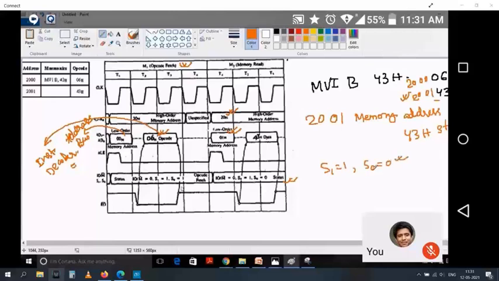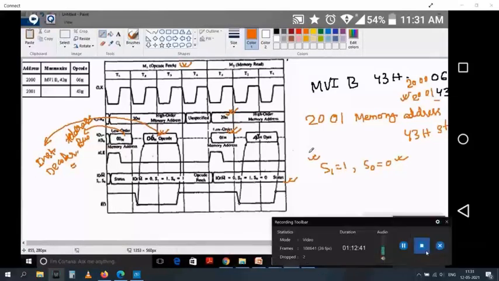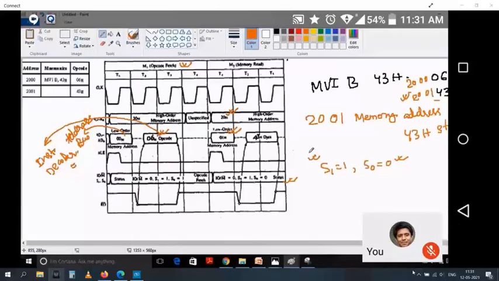This status part I don't have time today. In the next class, I will discuss the status signal. So in the next class, we will just quickly start with this and we will end it with something else. Okay. So this again we will revise. This cycle that we were doing, we will see how much time it is taking, what is the time that is going to do this operation in microseconds, and how we are calculating the time also. That also we will see.